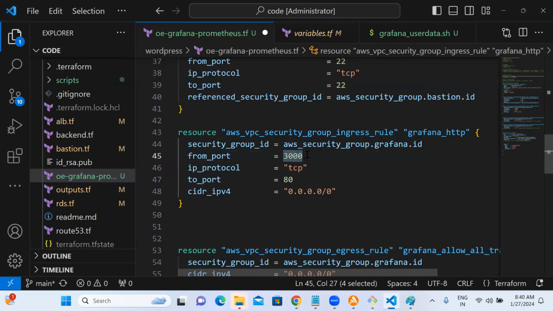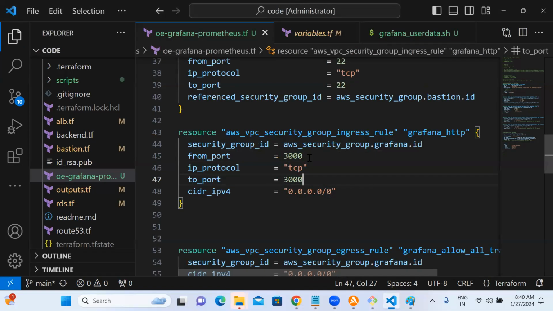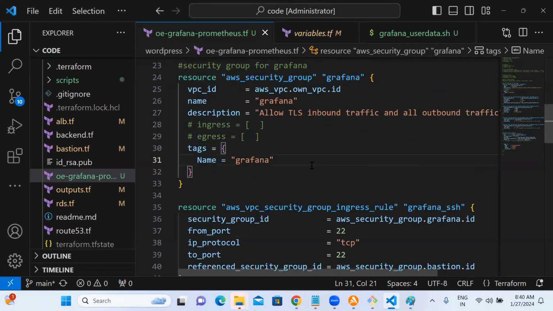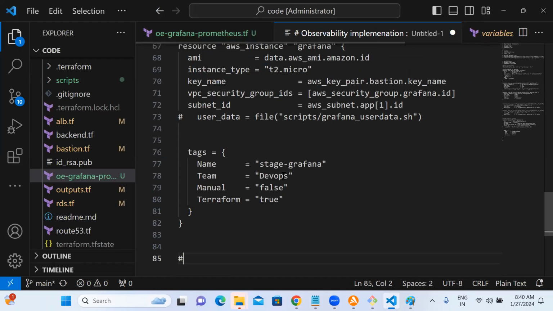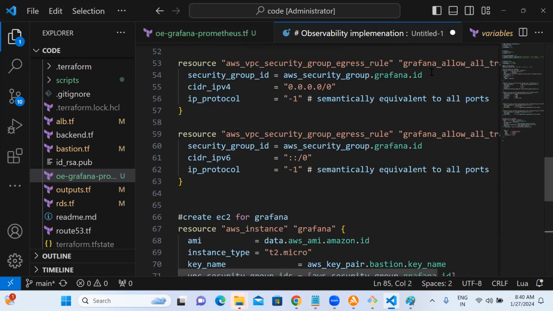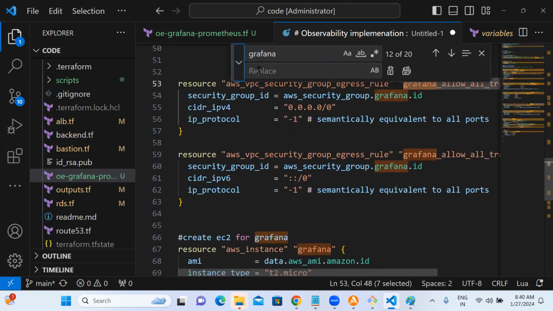The 3000 code. Grafana 3000 code. Let's bring this whole code as is to another file. I'll replace it and then I'll get it back there, wherever Grafana was. See, this is the beauty of the Terraform code.